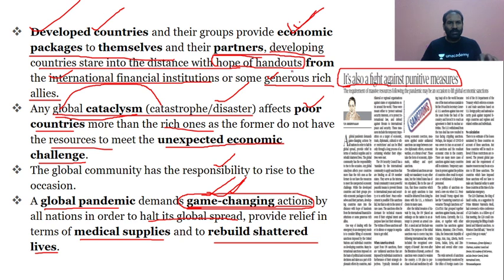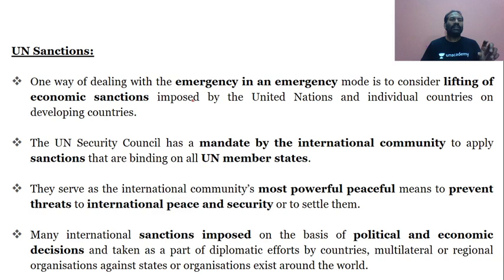And what is the main important thing that we need to focus on, wherein there is a possibility that economic packages from the developed countries are not reaching the developing and poor countries, is definitely because of the sanctions. These are the sanctions which have been put in place by the US and the other so-called most developed country, or else the most powerful country, that is the US. So we will look at the UN sanctions and then the US sanctions. These sanctions have to be removed. If the sanctions are removed, yes, definitely this is a game changing one which will keep us all together.